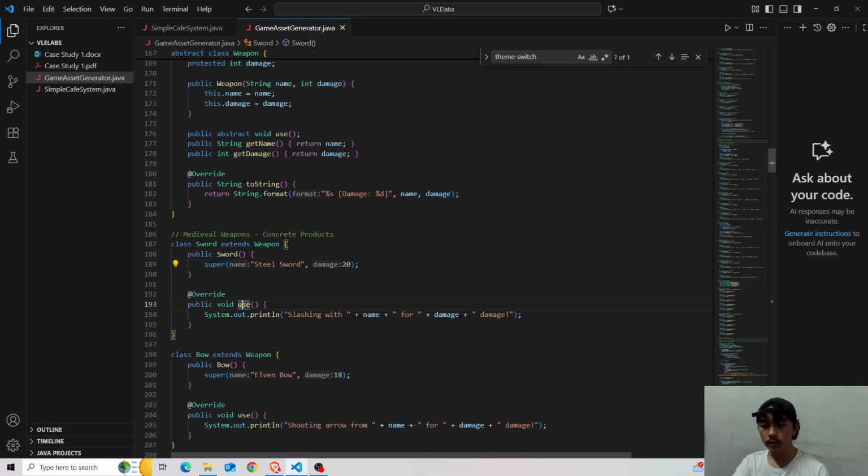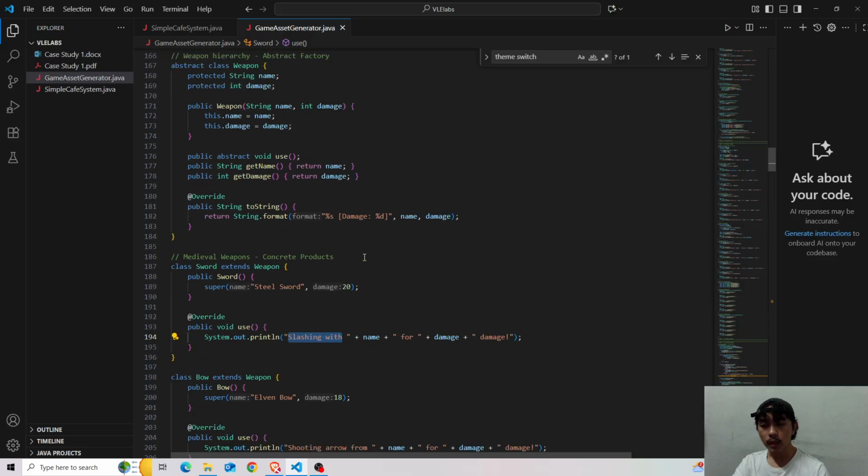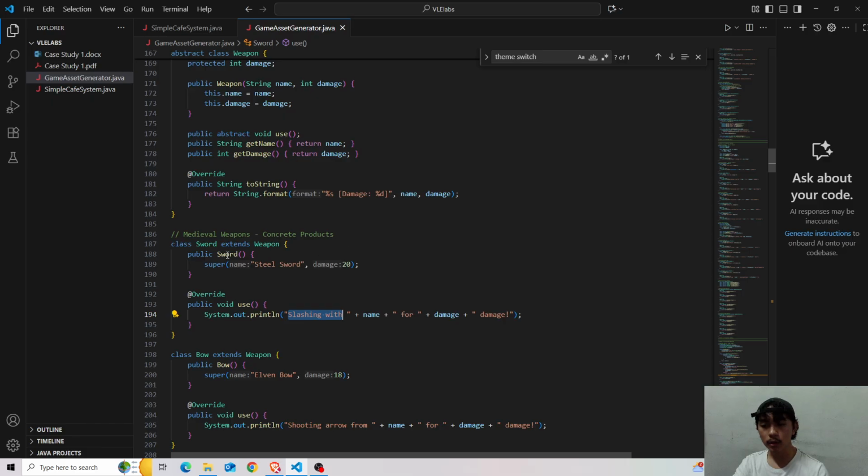Okay, so we'll override the use method, which we uniquely assign how the steel sword, or how each weapon, is used. So slashing with steel sword for 20 damage.